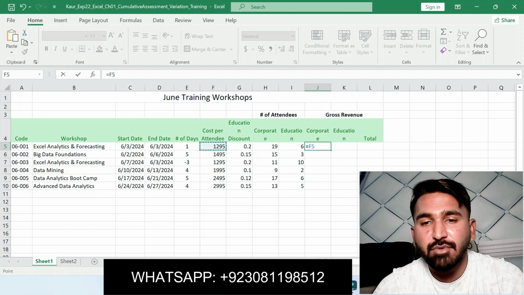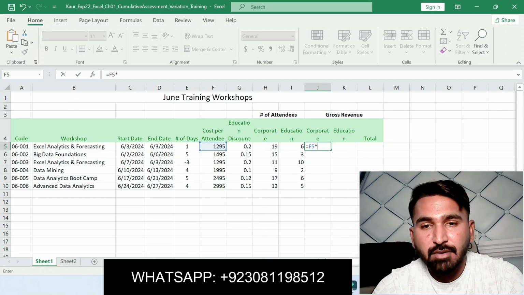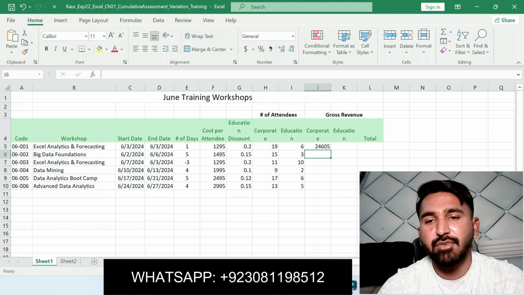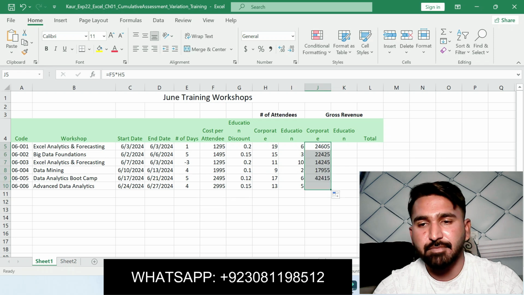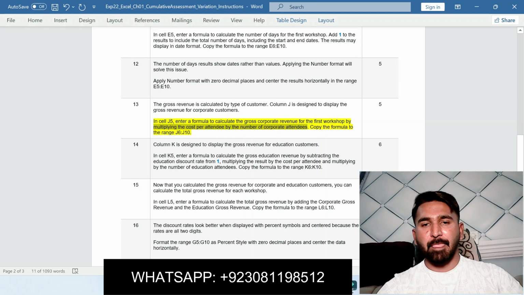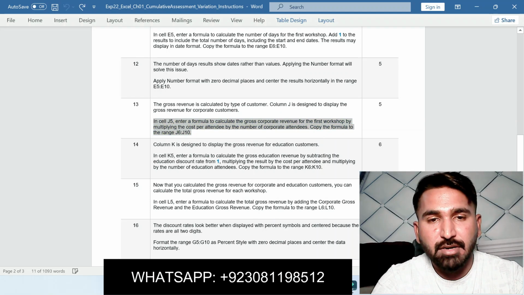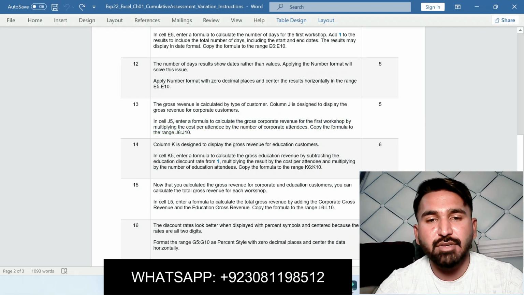Go to the Excel workbook. Cost per attendee multiplied by number of corporate attendees. Okay, here is fine. Now copy the formula from J5 to J10. Thirteenth step is completed of this assignment. Now moving on to step number 14.